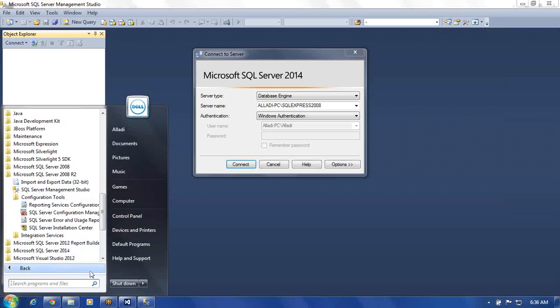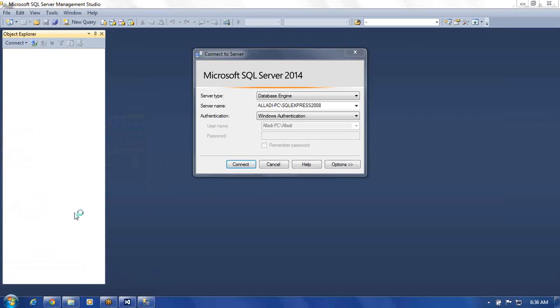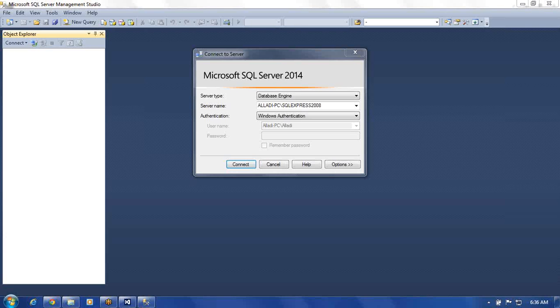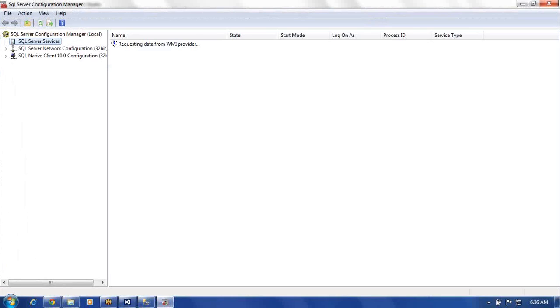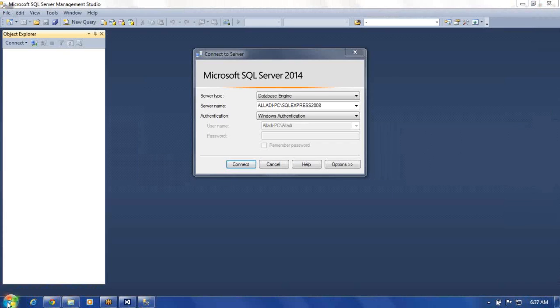In this, you can go to the SQL Server Configuration Manager. Okay, it's failing there. Fine. In such cases,